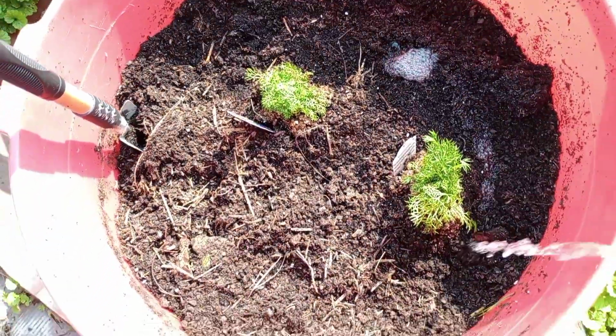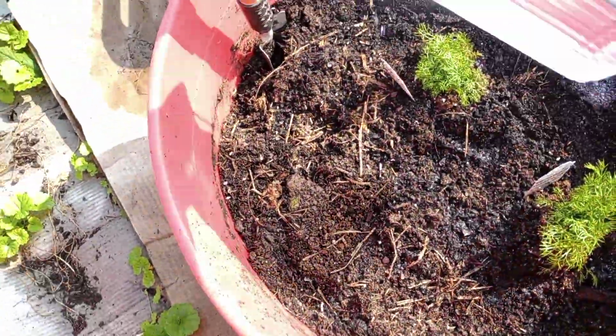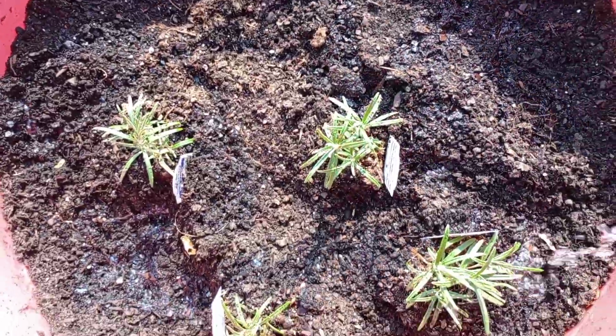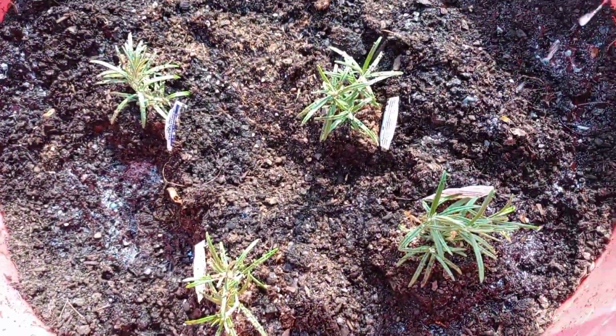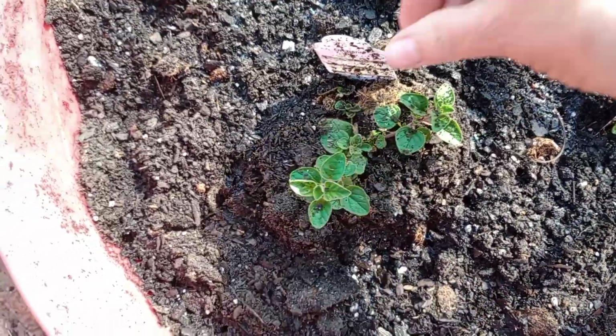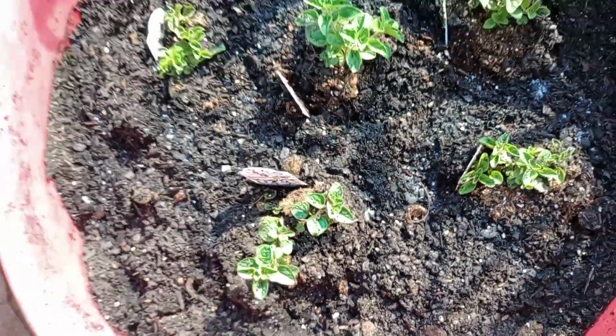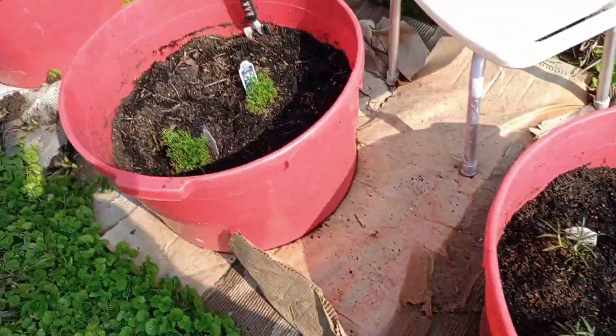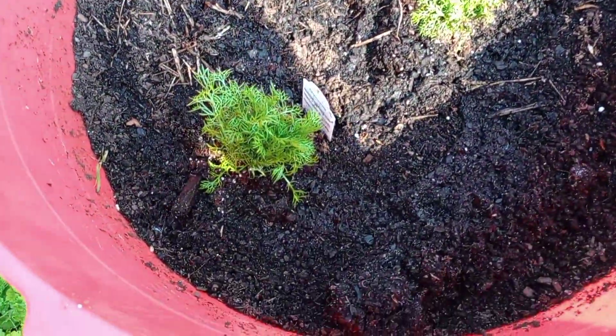Well, folks, I am really working on my garden. It is thriving this year. I'm super, super excited to be able to start picking banana peppers and hot peppers and bell peppers. And everything is greening up very, very well. Oregano, rosemary, chamomile,